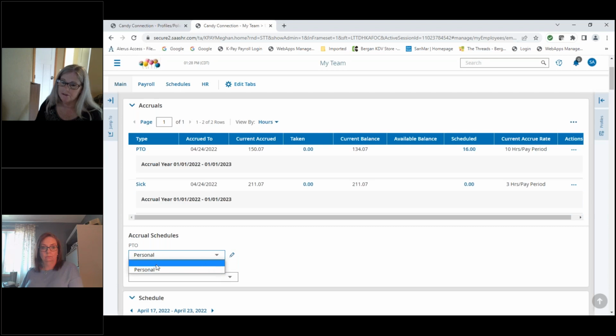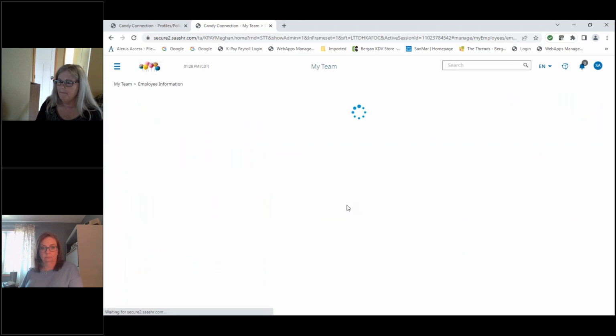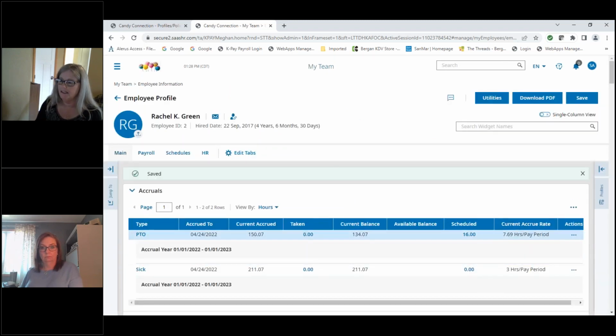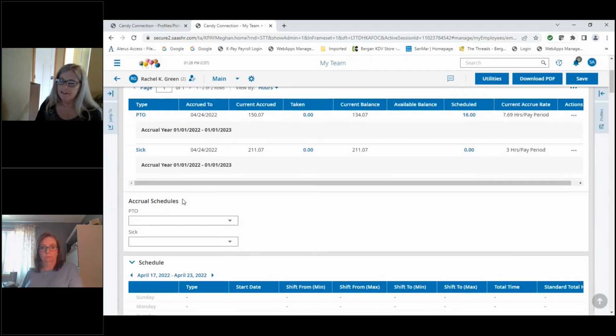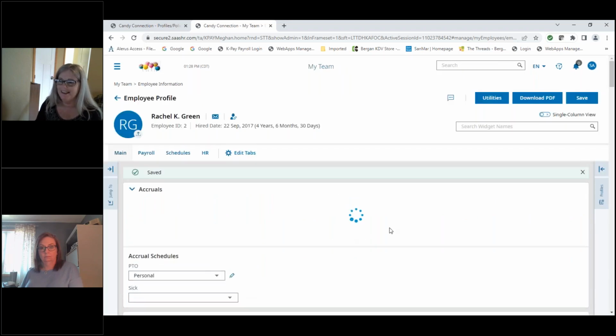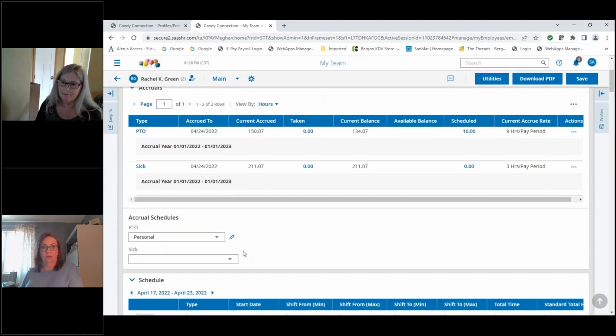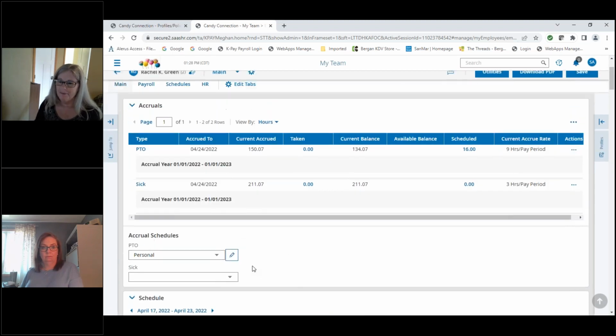And then you also need to click on the drop down and click here where you're going to remove that personal accrual schedule altogether, and click Save. And now she's back to that 7.69. Sometimes this gets a little tricky, because if you have this accrual schedule set up in your profile, you can accidentally click on it, not realizing that you did that. Now it's back to this 9 because she had a personal schedule set up, but